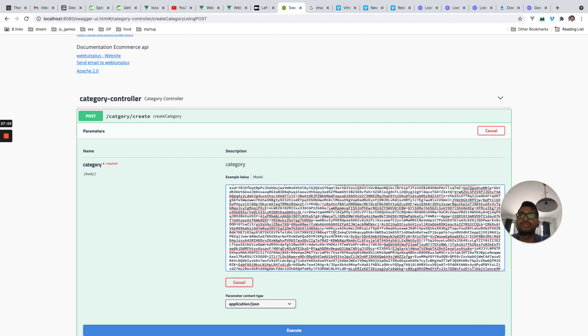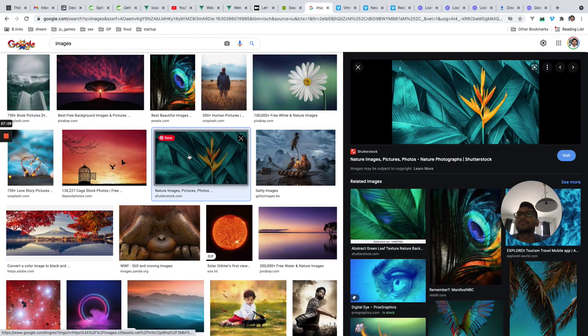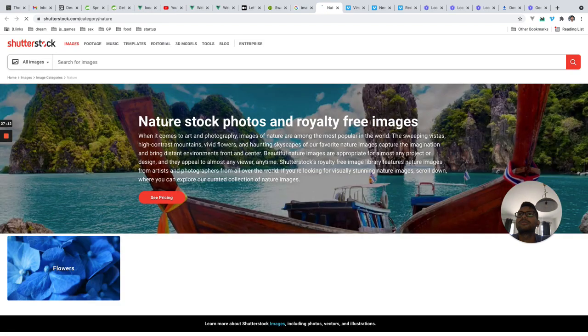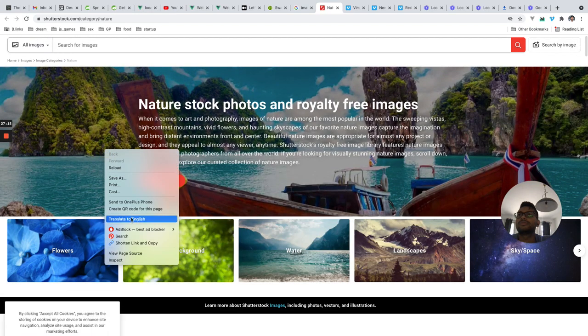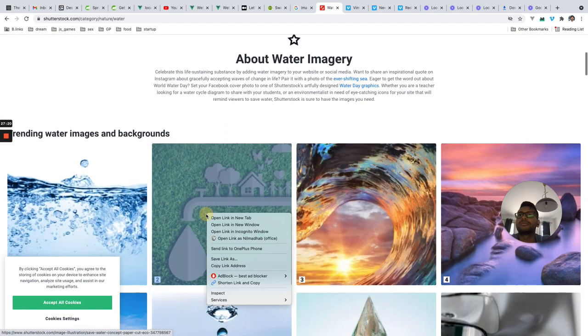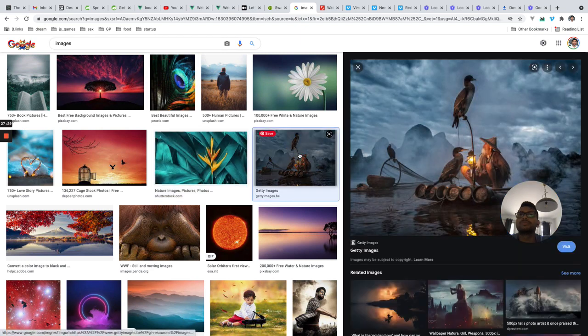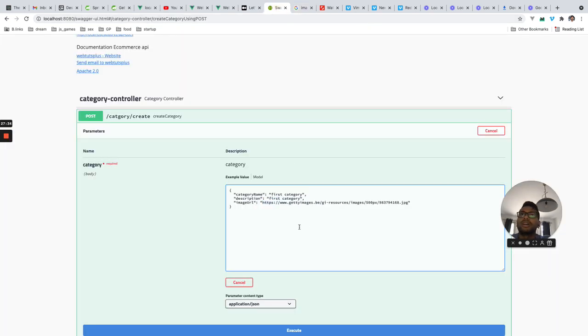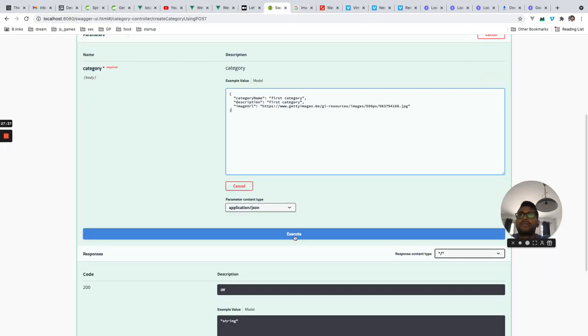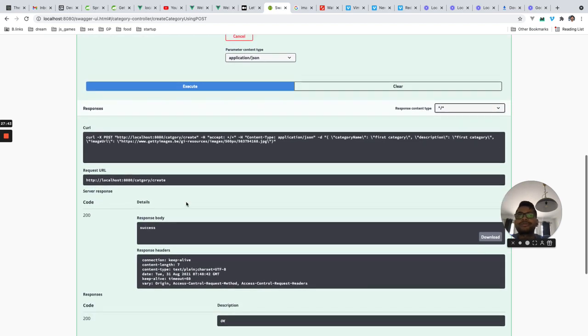Might be too big, so let's add some other image. Yeah, this seems fine. So let's execute it, and we get a success. So I think this API is working.